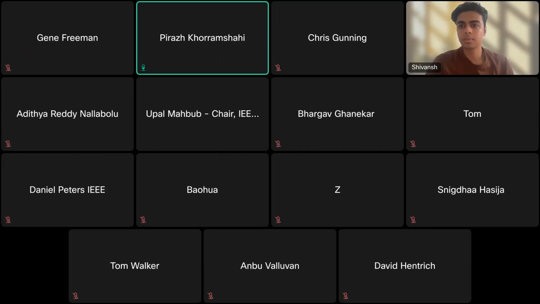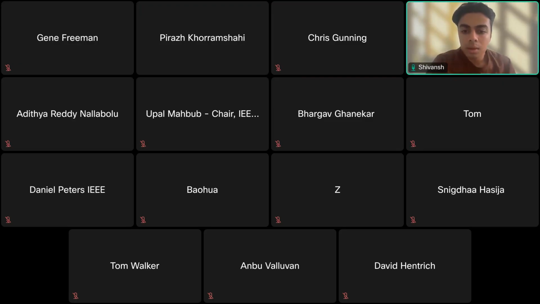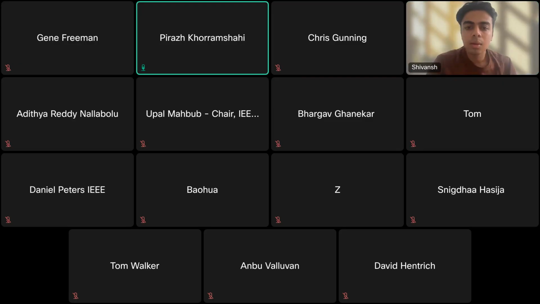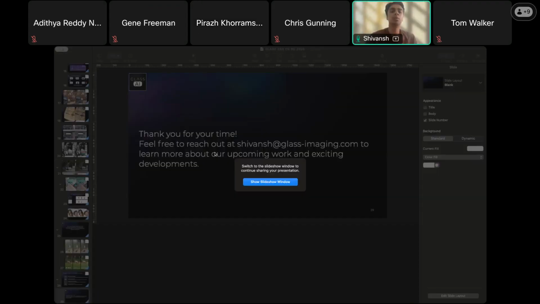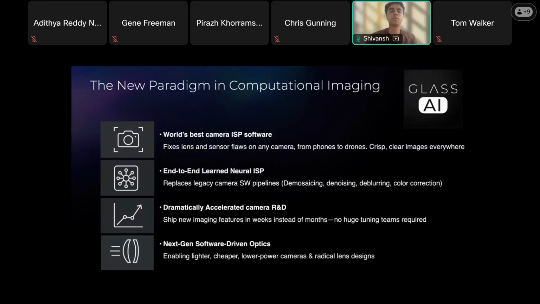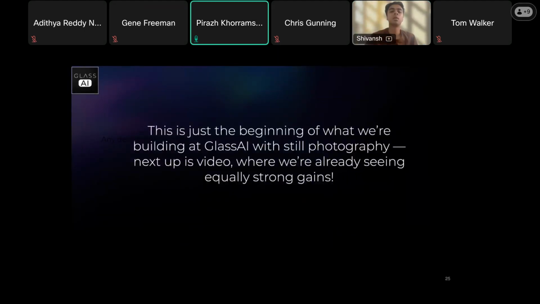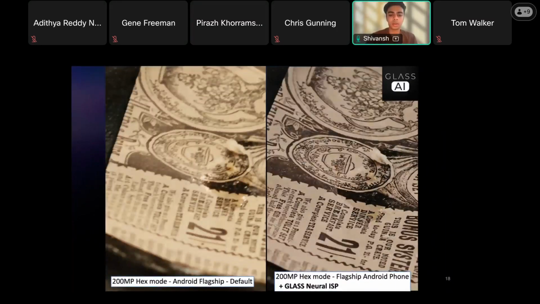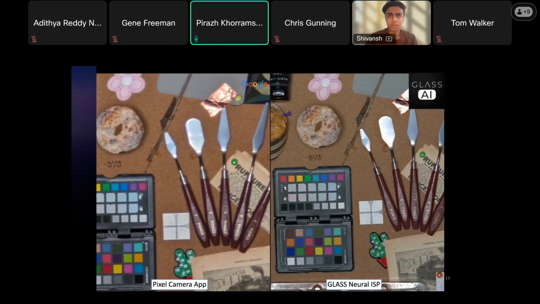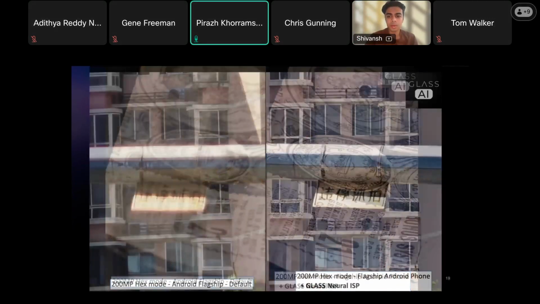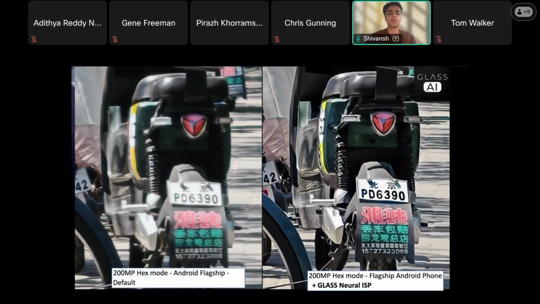So I think I've got two questions. Is it possible for you to go back to that slide with the bike in which the rear license plate was showing? It had some characters and some digits on it. Can you guys see the slides? Yeah, this one.